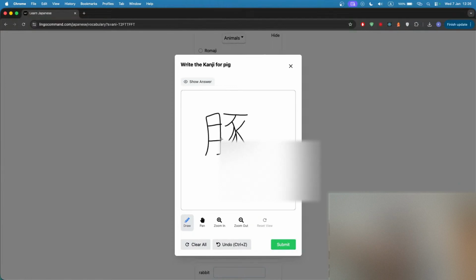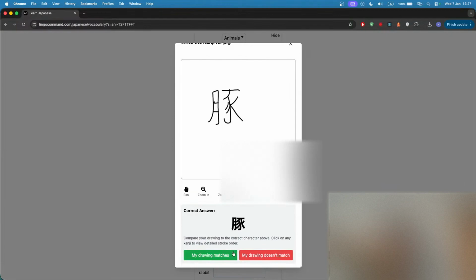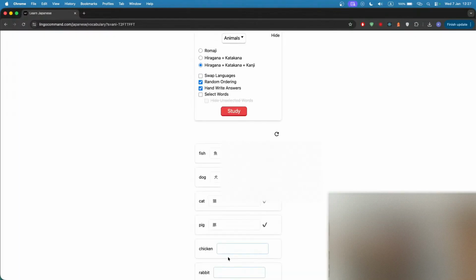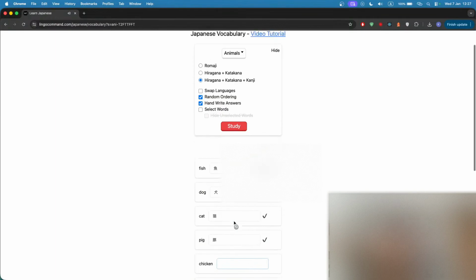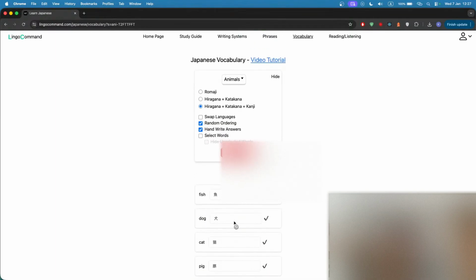But this is too wide and there's too much space in between. So I'm going to tidy this up a little bit. So it's 1, 2, 3, 4, 5, 6, 7, 8, 9, 10, 11. Okay, that's a match. And for those of you that have just joined, I'm here on the Lingo Command website